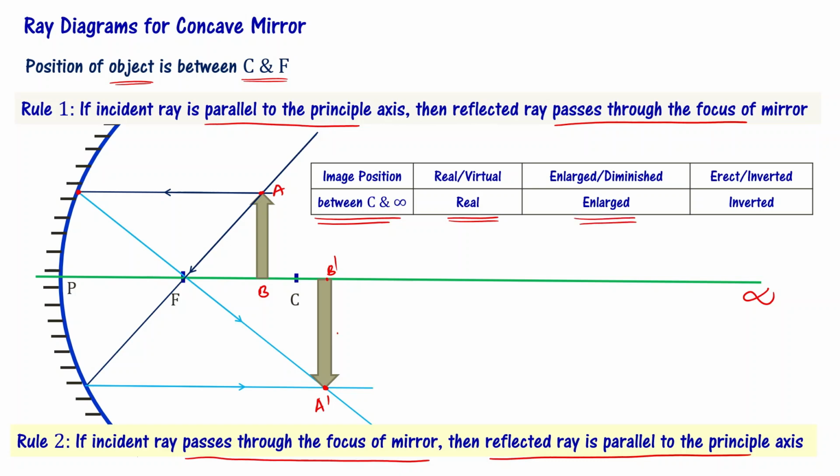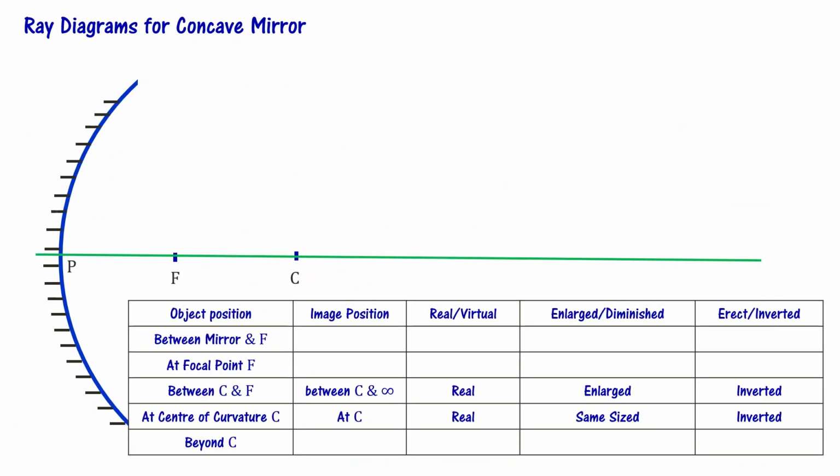The size of image is bigger than size of the object, right? And the image looks inverted. Let's note that. So when the object is between C and F, the image is going to be beyond C,